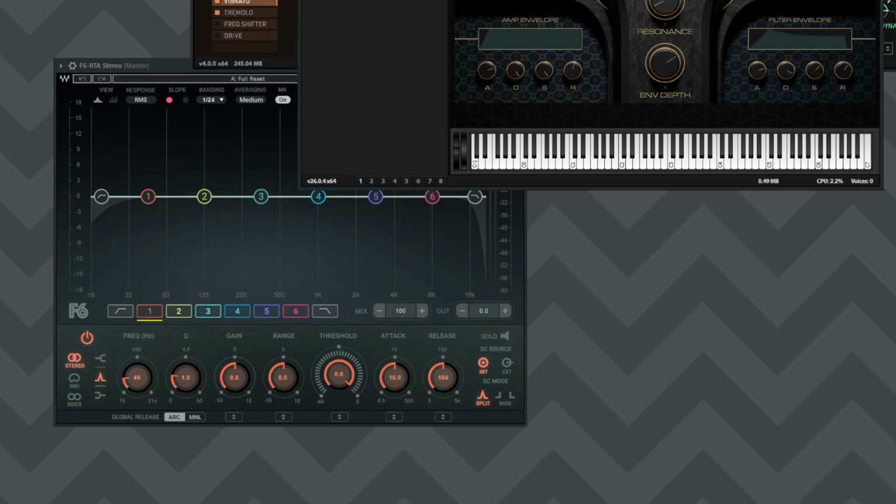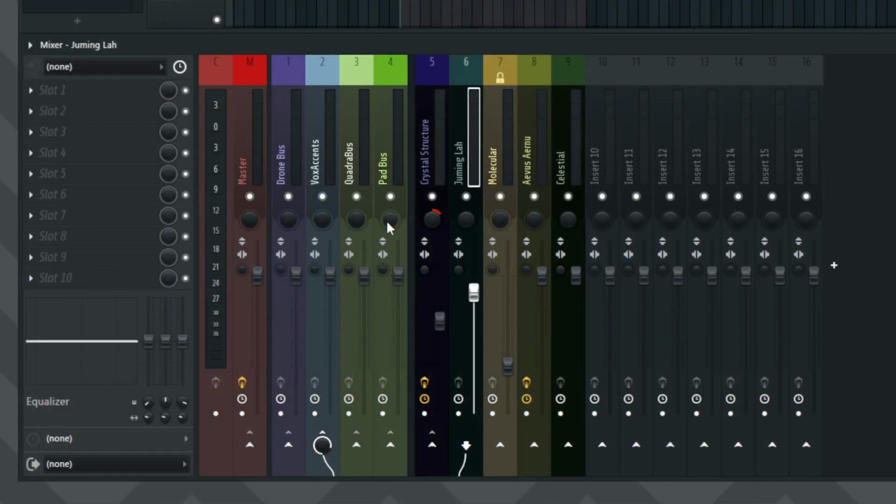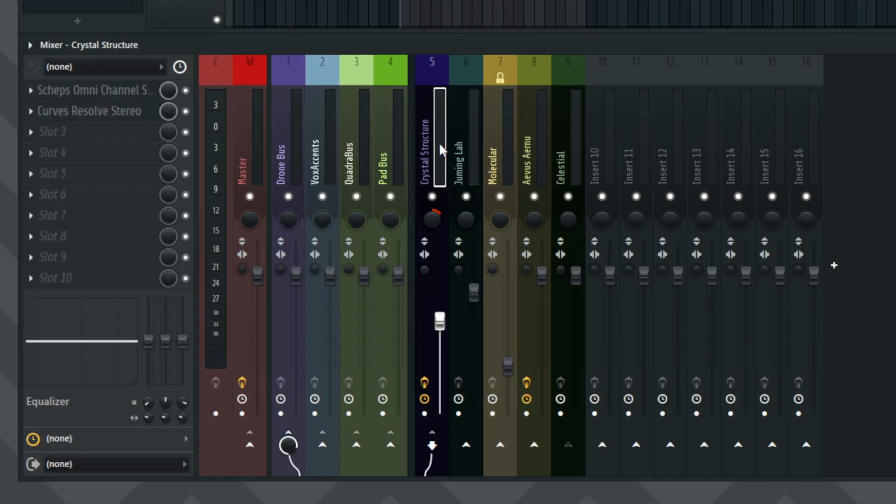So first thing we have to do is take a look at the mixer, and we have the drone on channel 5, and we have our vocal plug-in on 6, and I also have on 7 an ambient piece that we may also want to layer some frequencies out on. So we'll take our drone track. I've already added a Curves Resolve on it. So I will switch over here